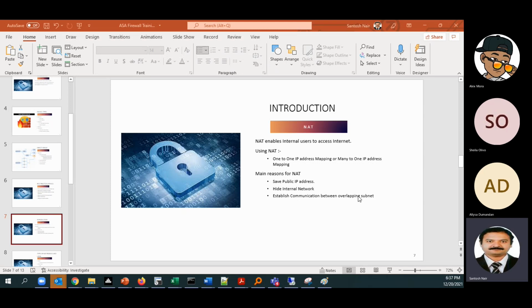Whenever we acquire a company, that company's network will be using an IP address range that might overlap ours. In the initial stage, we will migrate them to our network and do the standardization, but it will take time. So for initially establishing communication between 2 organizations that are using overlapping subnets, we will use NAT.